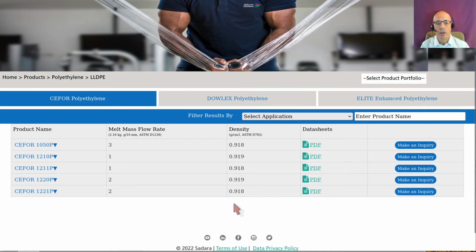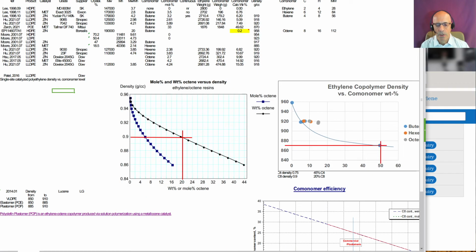And this is the density range that is covered by the C4 polyethylene products. And then how do we assume that this is the quantity of comonomer that is used? We have compiled the information details from the scientific literature, from information available on the internet, from company presentations on their portfolio of products, on the technologies and so on. And what we find is that, for example, for making this density range for the C4 LLDPE, we need around 5 weight percent of C4